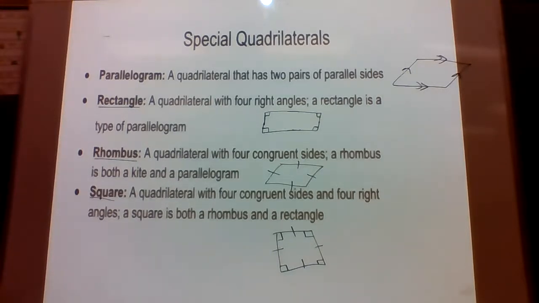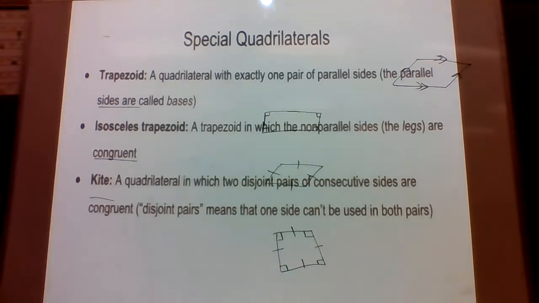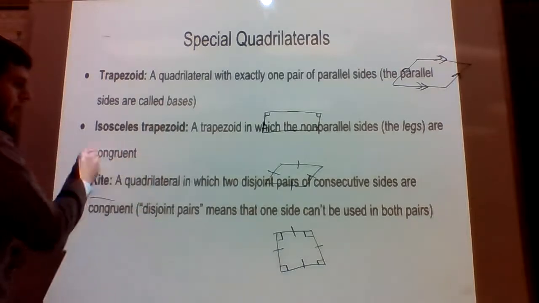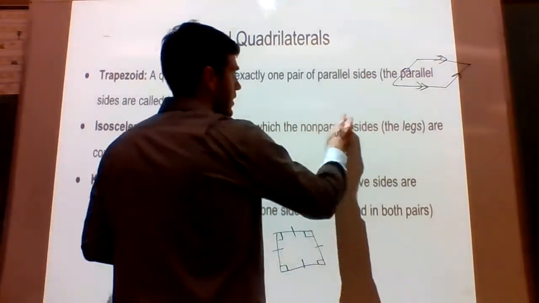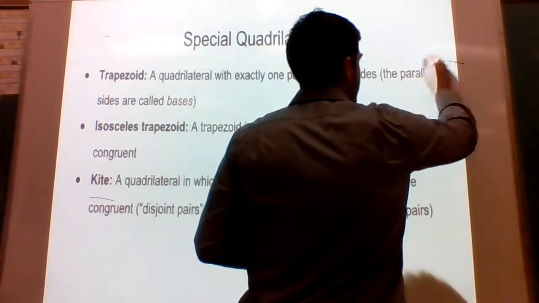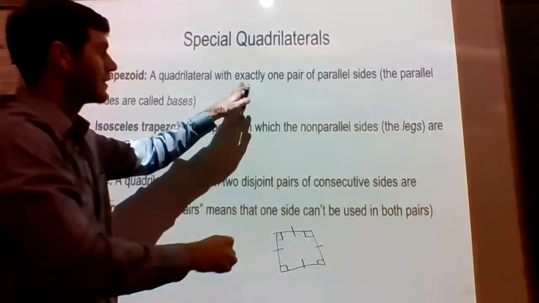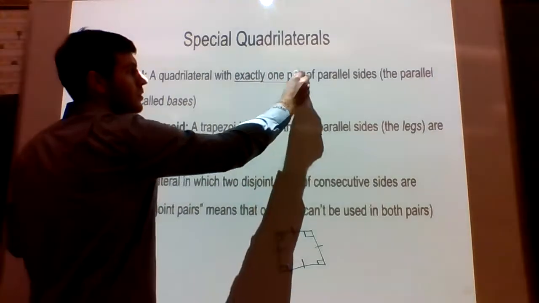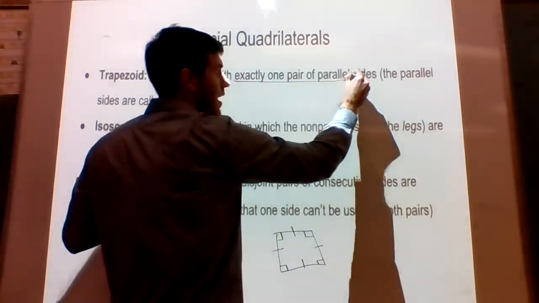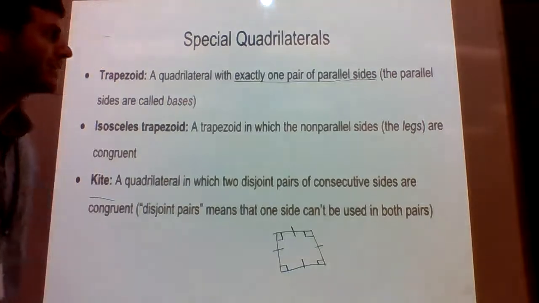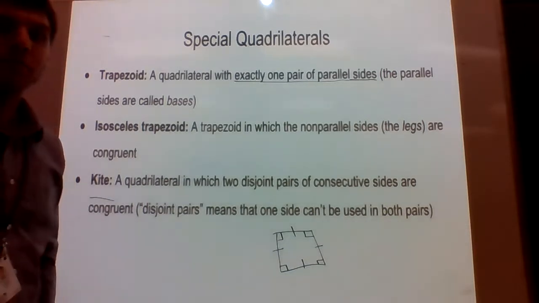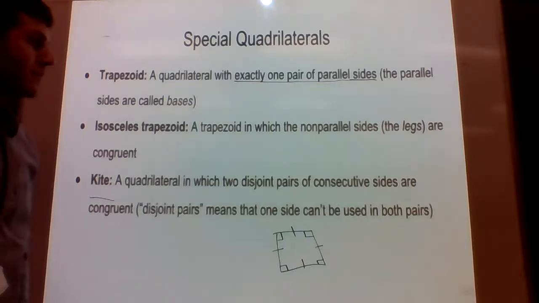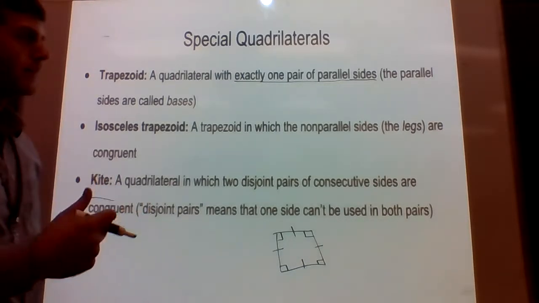So those are the quadrilaterals we're going to talk about that have 2 pairs of parallel sides. Okay, the other category is we can have 1 pair of parallel sides. All right, for our purposes, we're going to define trapezoids as having exactly 1 pair of parallel sides. This is not my favorite definition. I like the definition of having at least 1 pair of parallel sides because it makes everything fit together